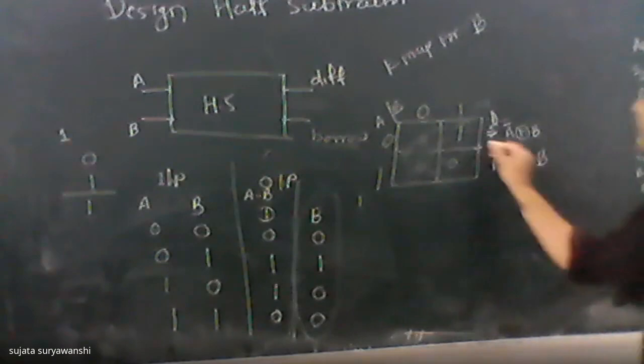Okay, so the equation for difference is XOR and the equation for borrow is A complement into B. Yes, you have to consider a NOT gate while connecting to B, that is borrow. Okay, so your next task is what? The last task is you have to design the circuit. Then how will you design the circuit?